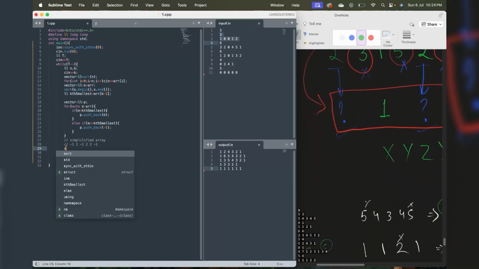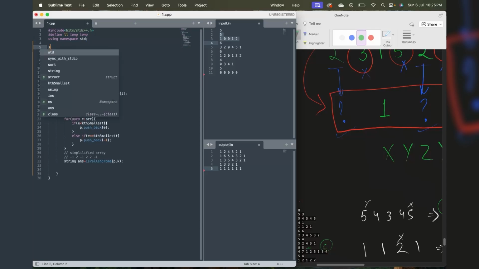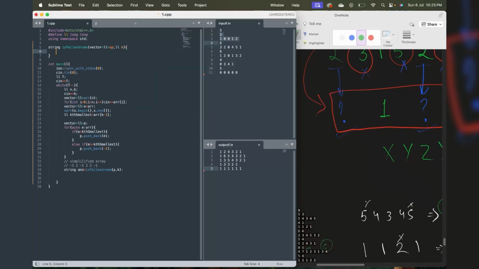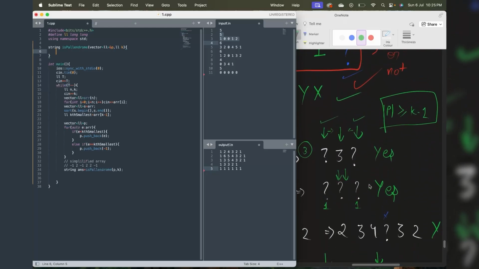So let's say we have a function isPalindrome that returns whether the array P is palindromic or not. Now, to apply a two-pointer approach,